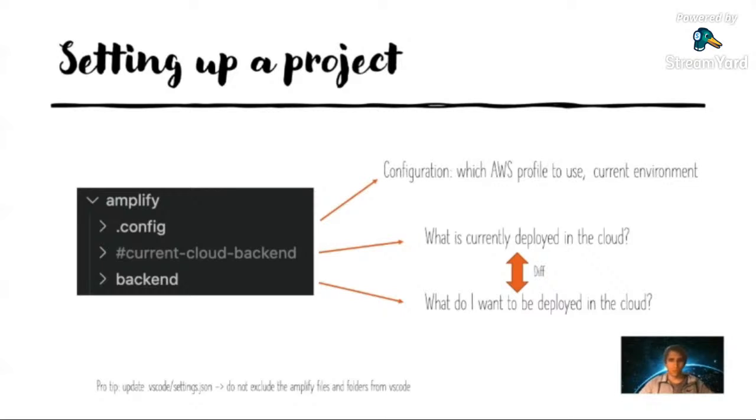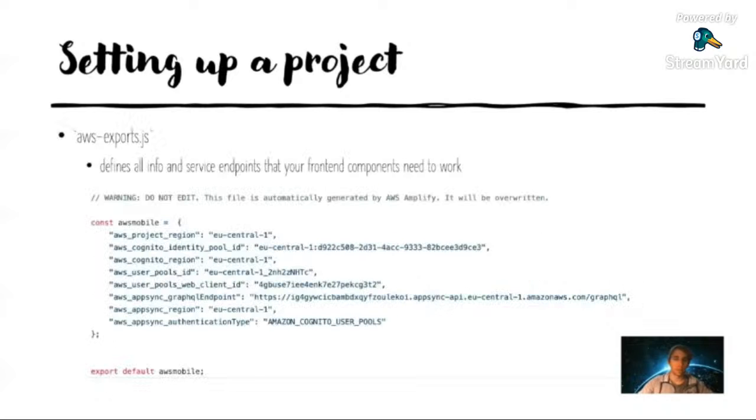Now, if you're using VS Code, and many of us do, then by default in settings.json, you will find the configuration to hide those files, those folders from you. Now I say remove the configuration and show those folders, because it will teach you and it will help you get a feel for how the framework works. And at some point, you will need to understand it.